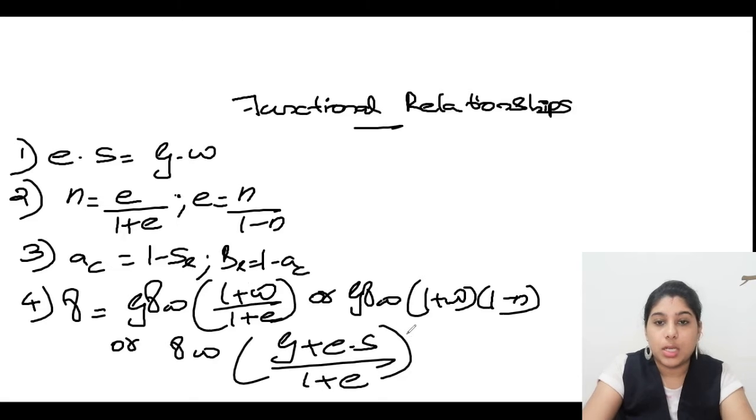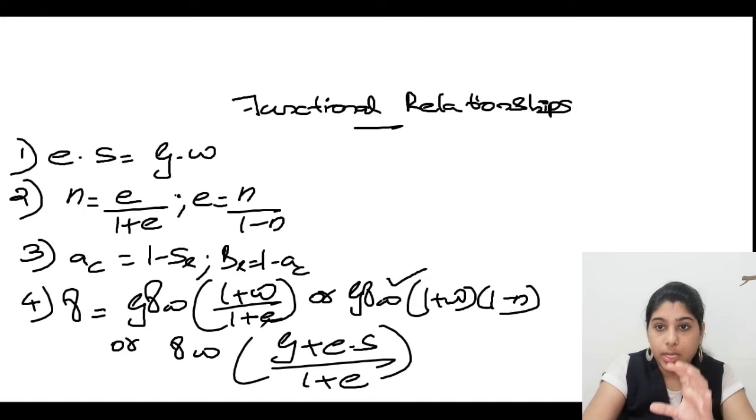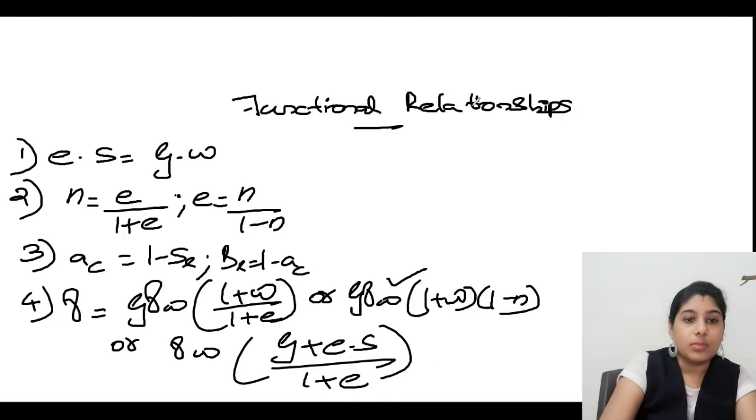Next one. So you have to use all these equations anywhere which is given. Regarding that only you have to use it. So if w and n and G are given, you can use this equation. If saturation is given additionally and G is not given, and saturation is given also, then you can use this equation. So this is the way you have to understand. That is why I have written in a correct order.